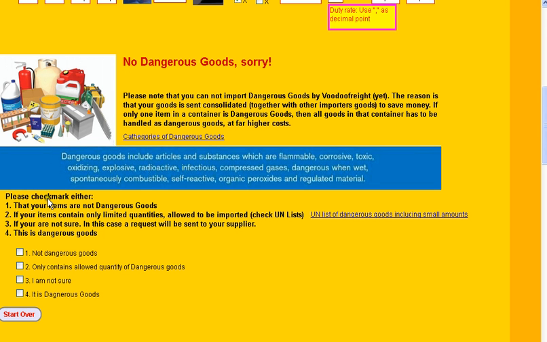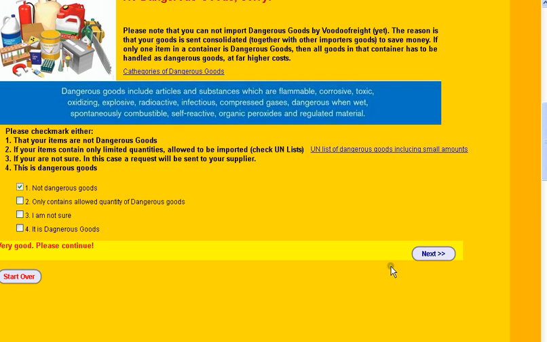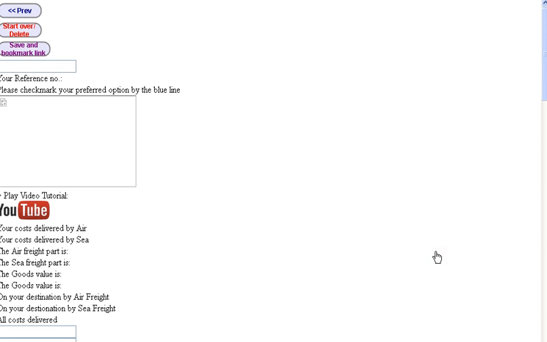Please check mark either that your items are not dangerous goods, and in this case I'm rather sure there's no dangerous goods, so we check mark this one and continue. And we'll continue in the next